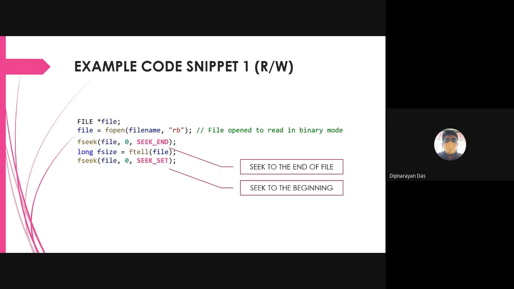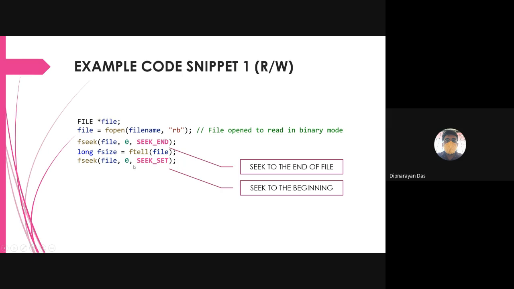So next one is the sample code snippet. Here you can see we have first defined a file pointer. Then we are opening a file, so the file name is actually a variable. Then we go to the end of the file using fseek, and we are actually taking the position of the file where the pointer is now. So we will get the file size using ftell,